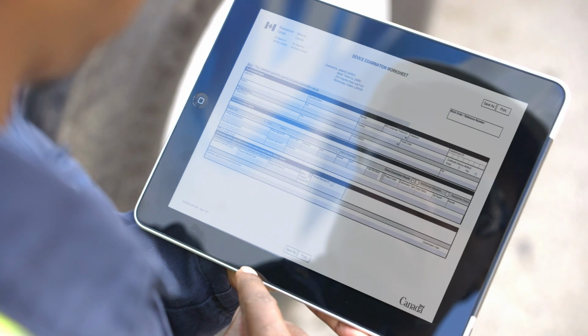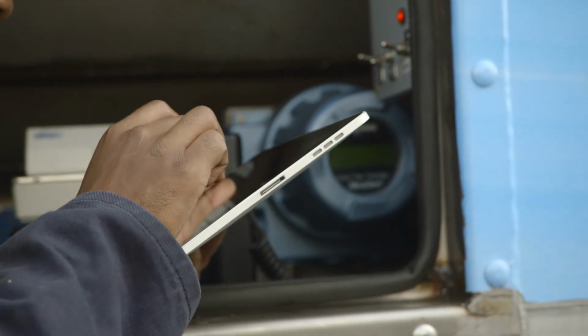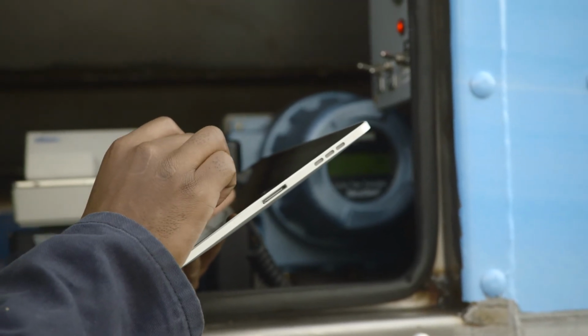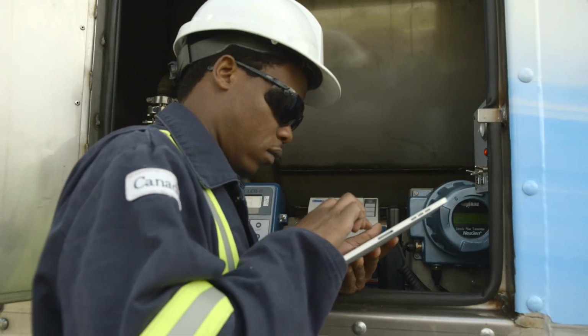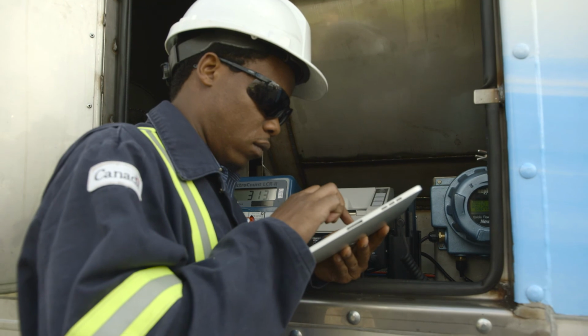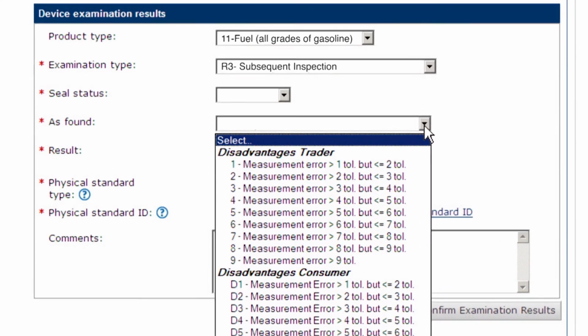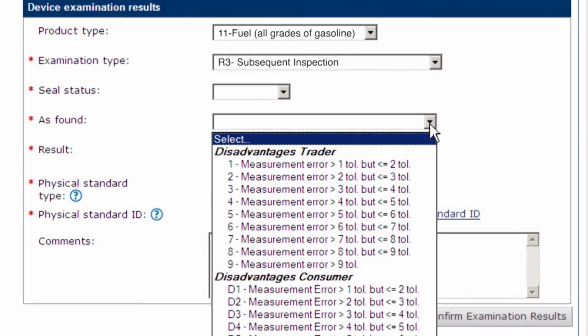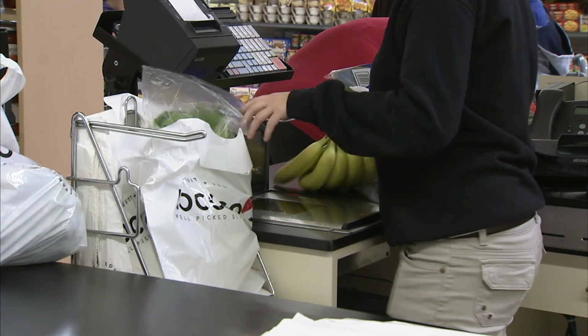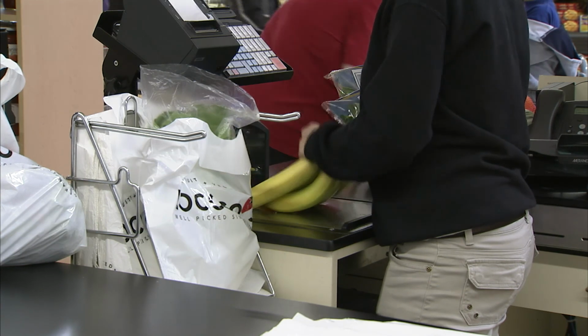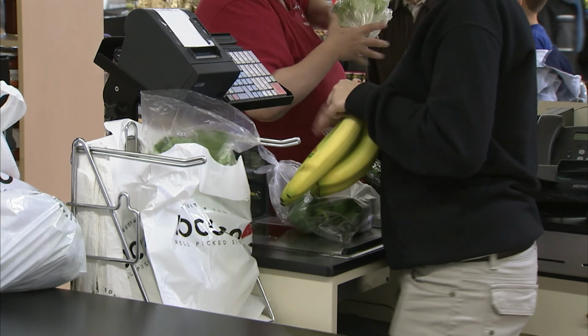Report any particular device conditions or parameters, including new audit trail registrations, state of seal, or any other conditions that may merit annotation as required. Accurate entry of as-found inspection results is critical and ensures that inspection cycles and marketplace monitoring are established based on objective evidence of the marketplace's condition.